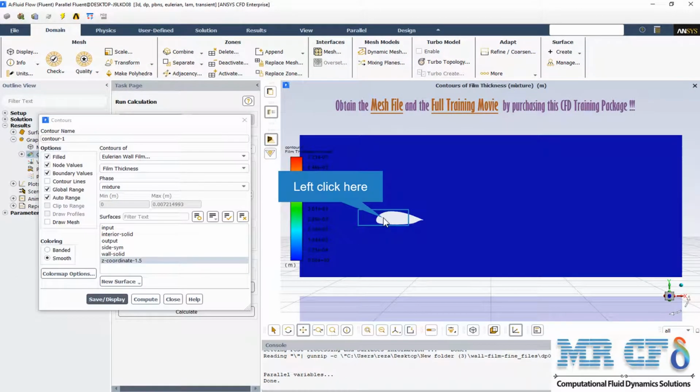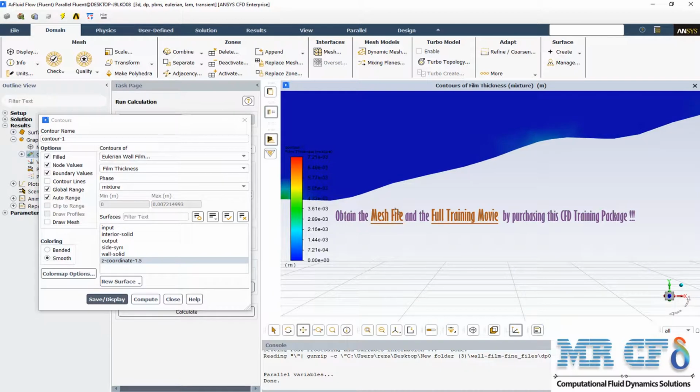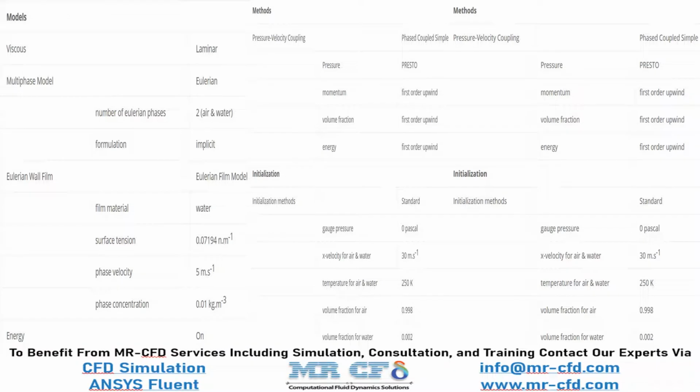From the Eulerian Wall Film variable, we can check the film thickness. Here we can see the water film or icing production on the surface of the airfoil body, and the maximum wall film thickness. Film thickness is somewhere more than 7 millimeters. A summary of the defining steps of the problem and its solution is given in the following tables as a